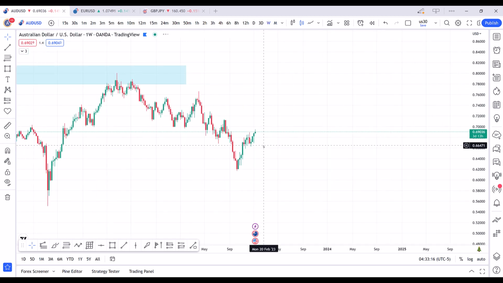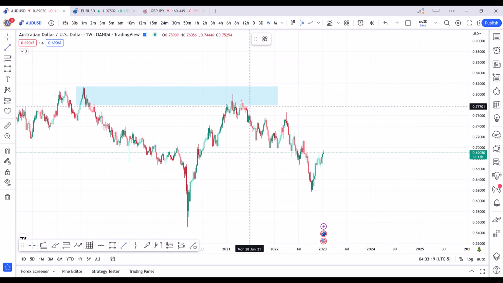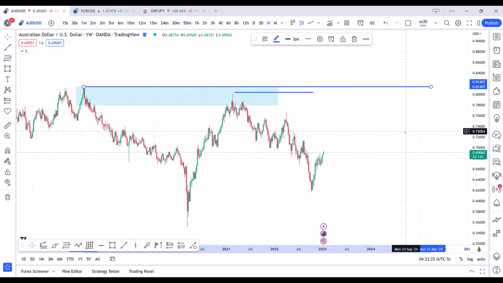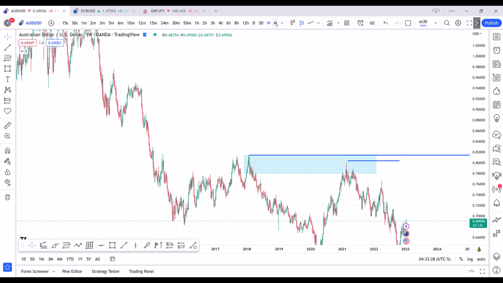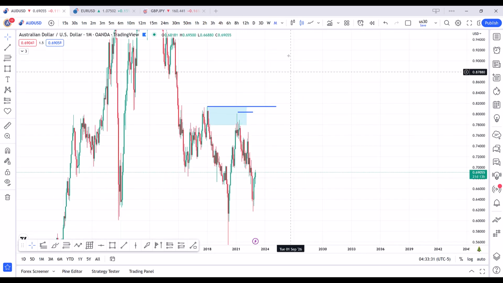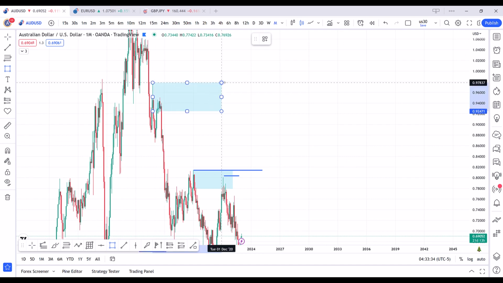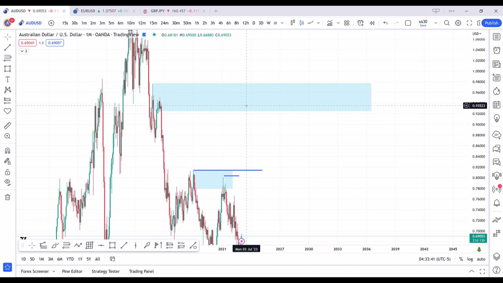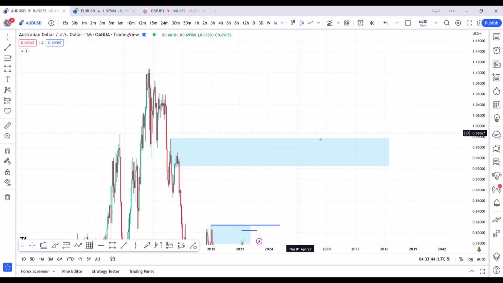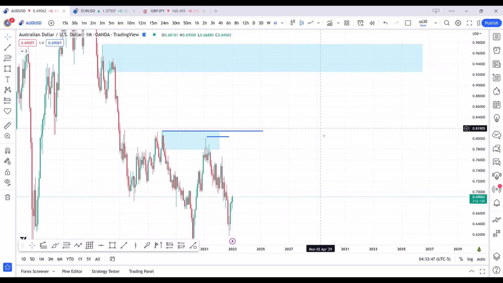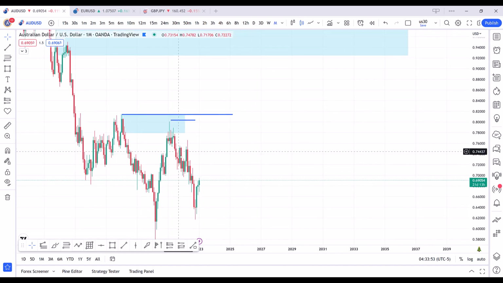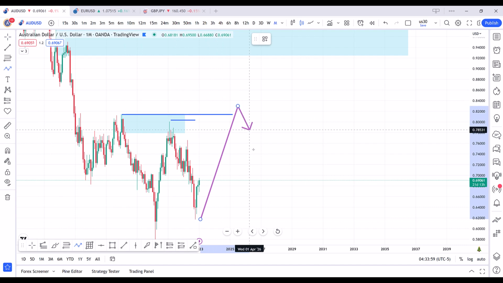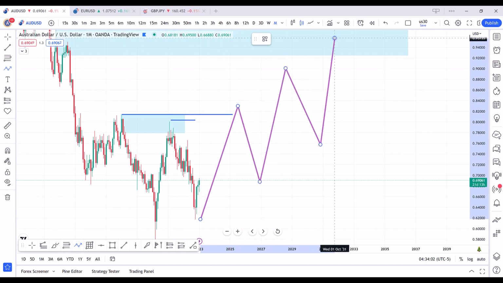But after that, if it comes back and it breaks this structure or this structure, now we can think, so it broke this structure, so we are going to trade to the upside until it hits, for example, these POIs. It is going to retrace a little more, and after this, for example, this POI. But we are going to try to catch buying trades. We are not going to sell these POIs. We are going to try to catch buying trades until, for example, it comes and breaks this structure, pullbacks, break structure, pullbacks, and it comes to this point.